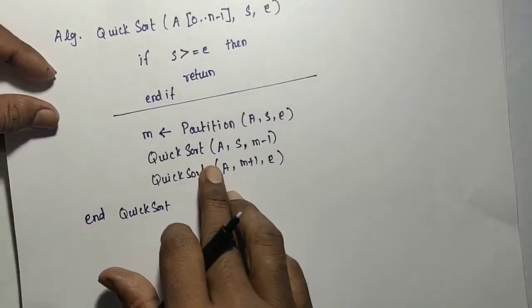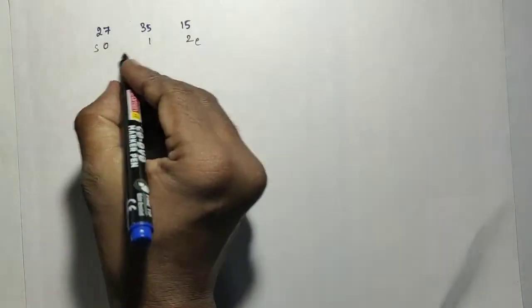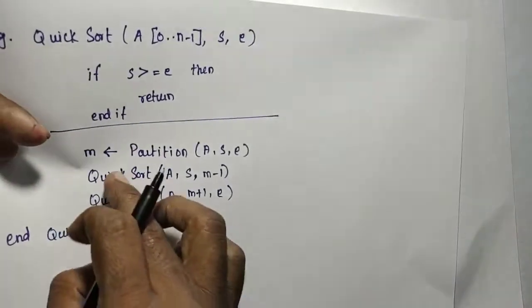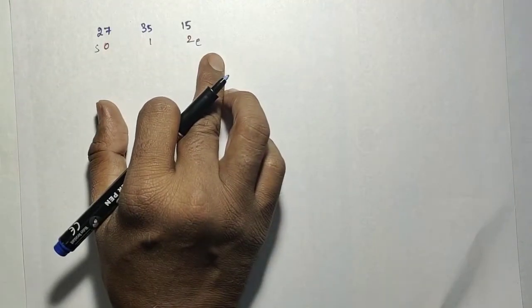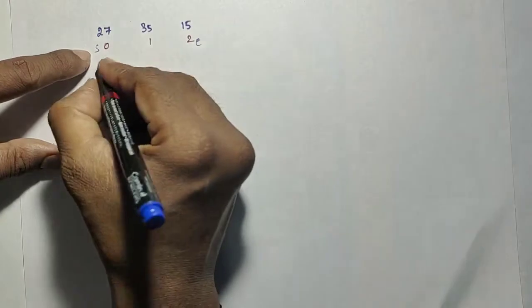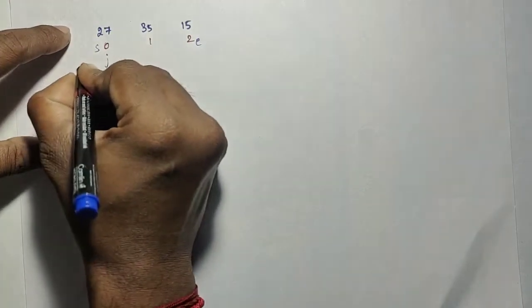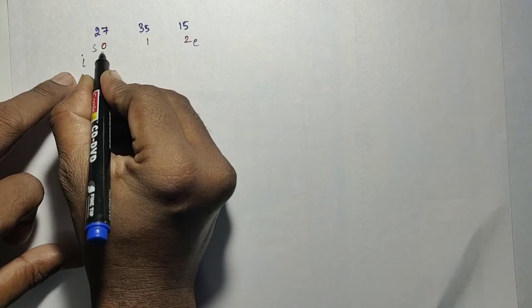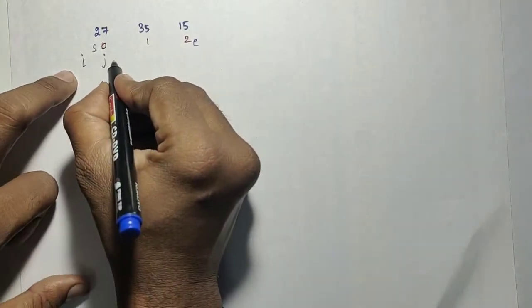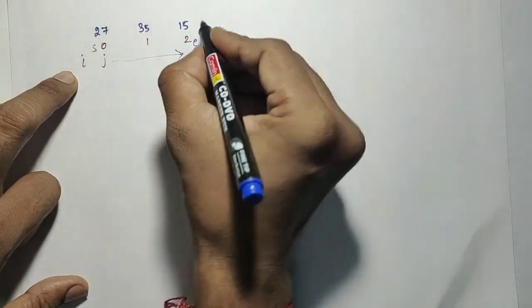The quicksort algorithm here, again I have to do the partition from s to e. Then I have to apply it to the left and right. So for this I am going to apply quicksort. The first step is again finding the middle element. So partition: i will be minus 1 and j is 0, and j will be moved from here to here. And the key element has to be chosen as the last element.